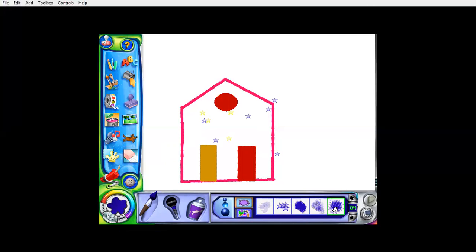Let us choose another paint also. Let us take a flower. Let us take the flower and then draw the flower over here. And see, I have drawn the flower over here. So I can choose bubbles also. See, I can take the bubbles also. This is how I can draw it. And I can color it also like this. I can color it in a lot of ways. So this is how I can do it.